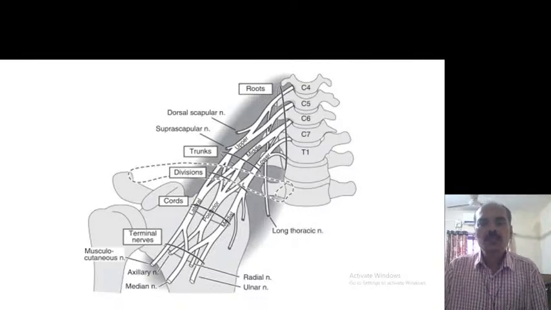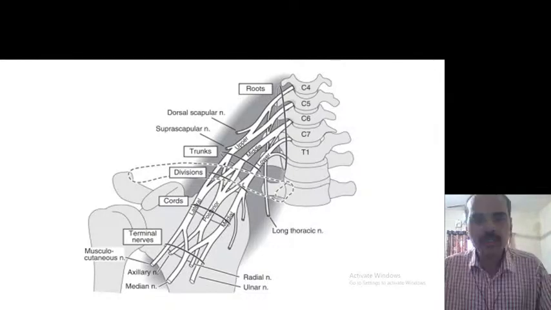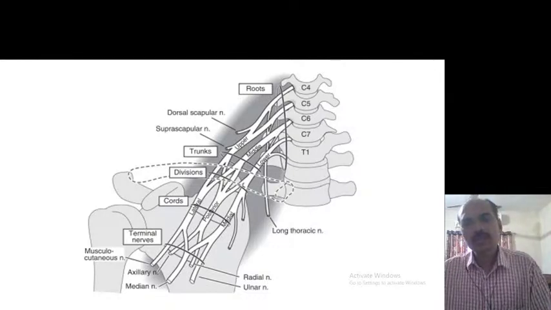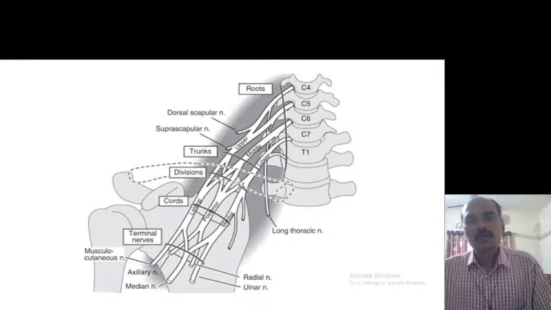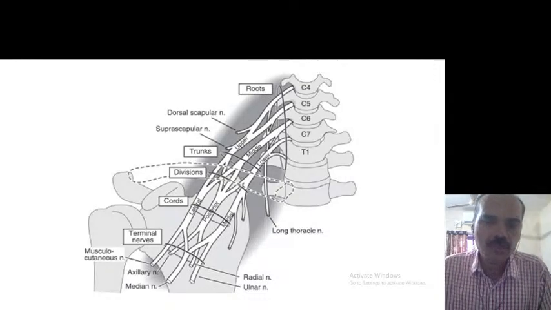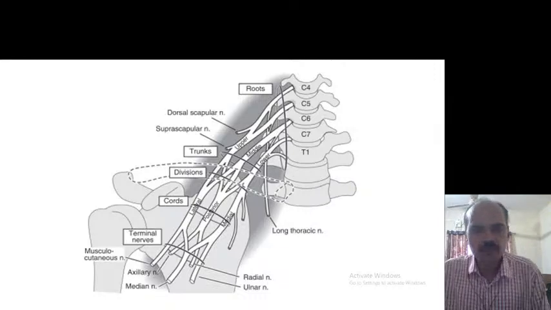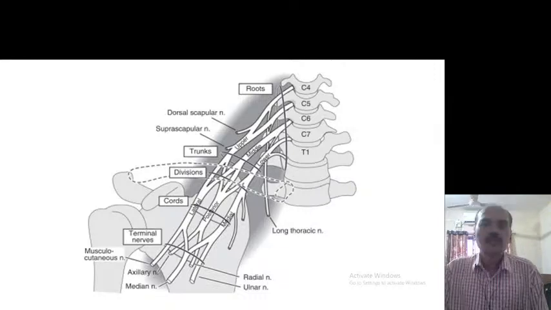Similarly, the posterior cord gives various branches, 5 branches, out of which the first 3 branches, that is the upper subscapular nerve, nerve to latissimus dorsi, and lower subscapular nerve, supply the muscles forming the posterior wall of the axilla. So the muscles of the posterior wall of the axilla are subscapularis in the upper two-thirds part, and teres major and the latissimus dorsi in the lower part. Here, subscapularis correlates with the upper and lower subscapular nerves. The nerve to latissimus dorsi is also easy to consider. But what about the